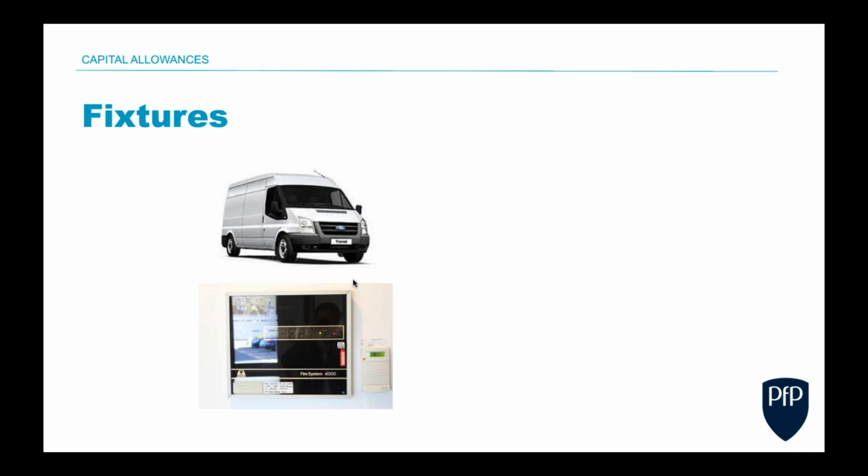So these would be loose items of plant, such as the transit van. Therefore, it's not a fixture. A fixture is an item that's actually fixed into the fabric of a building. So nailed, screwed, glued, however it's actually attached. But it's all the items that, if you pick the building up and shake it up and down, don't fall out. So you can see there, well, probably can if you've got quite a large screen, the Fire System 4000,